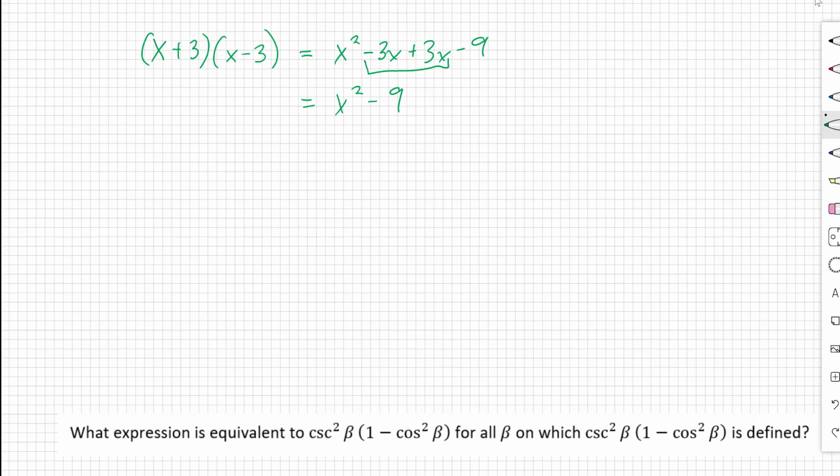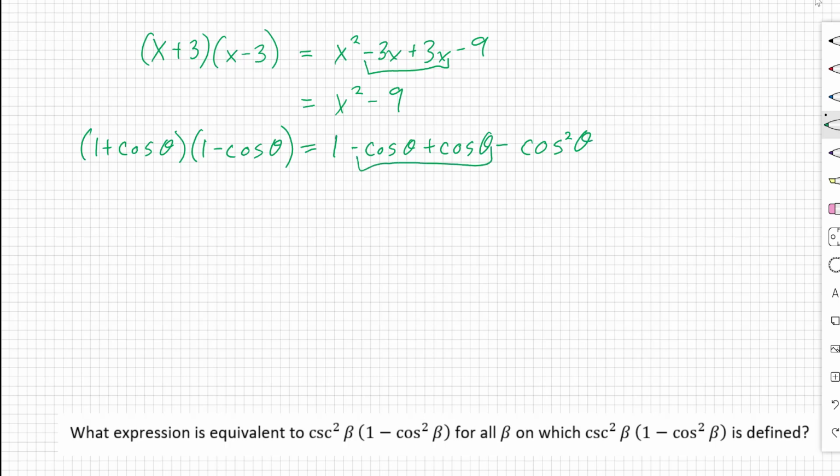We can do the same thing with 1 plus cosine theta times 1 minus cosine theta. When we multiply the ones, then we end up with a minus cosine theta and a plus cosine theta and a minus cosine squared theta. Two middle terms cancel out. We end up with 1 minus cosine squared of theta. Similarly, if we had